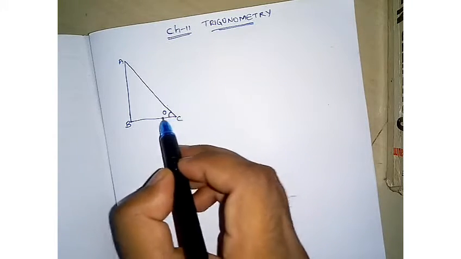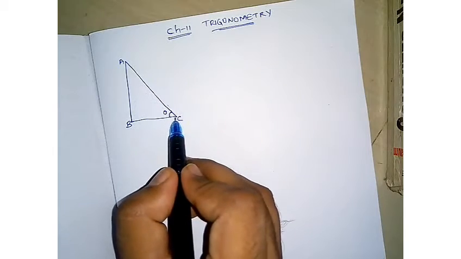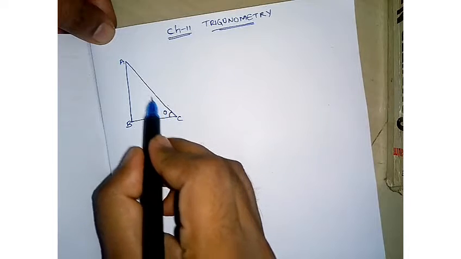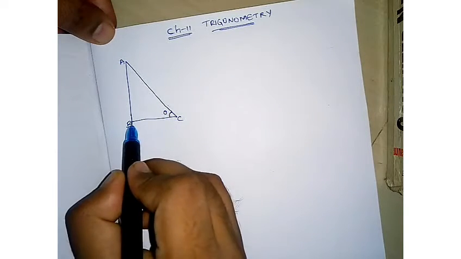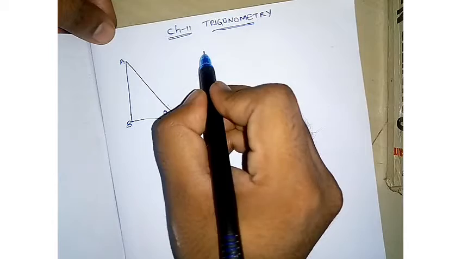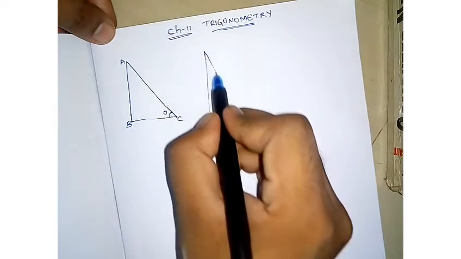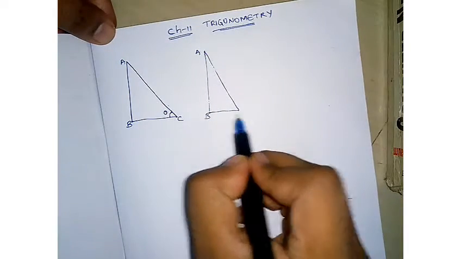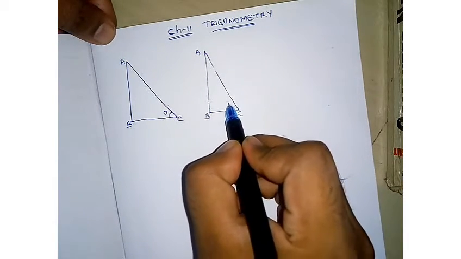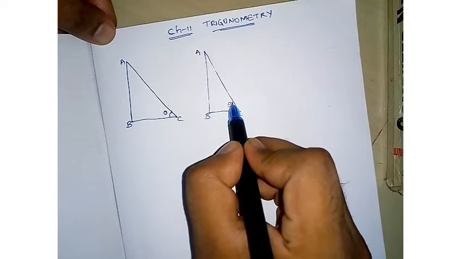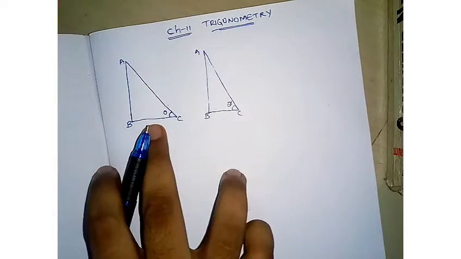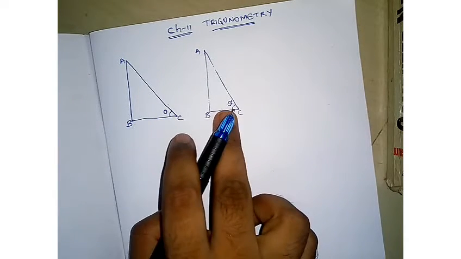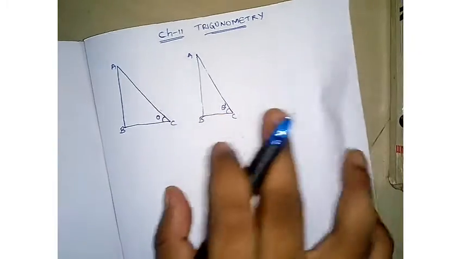So what you have to observe here is, what if the length of the wire is less? If the length of the wire is less, this point C comes closer to B, like this. What about the angle theta? Now this is not theta. Assume that it is theta prime. This theta and this theta are not equal. Since C came closer to B, now this angle theta increases. So this is the change.